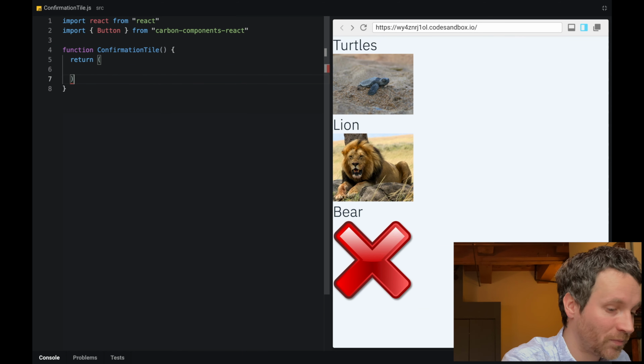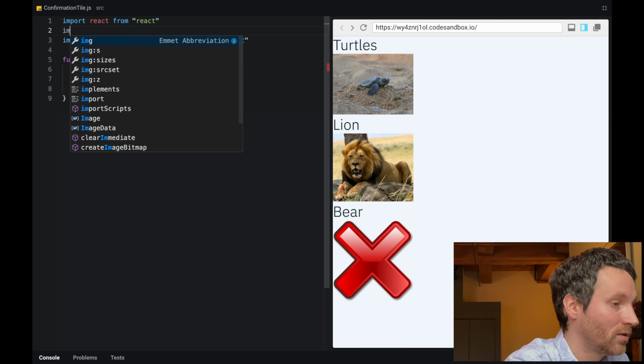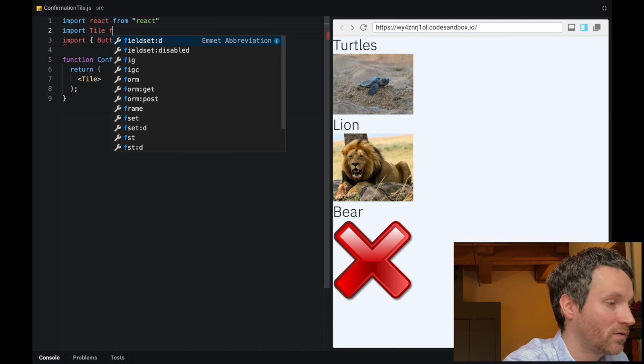So I don't necessarily want to rewrite the tile in the confirmation tile, but I do want to use the tile. And I'm also adding that dependency so that if the tile somehow updates, like maybe the title should be on the left side rather than on top of the content, I will actually get that in this confirmation tile that I'm currently making. So that's my goal. And with that, I want the tile. We're going to have to import that here. So import tile from